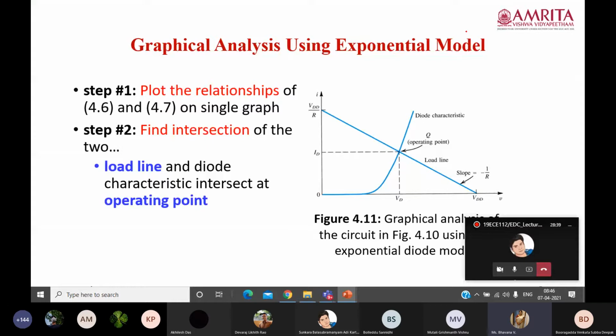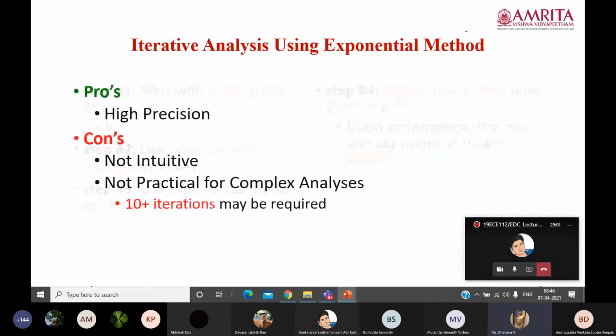Some data will be given in the question with respect to the diode current equation. Then we will use the first iteration value as the input to the second iteration, and will obtain a new value of ID and VD, and compare that ID and VD with the previous iteration. If the values are matching, we'll stop the iteration there. If not, we'll go for the third iteration. This is what we discussed in the last class.